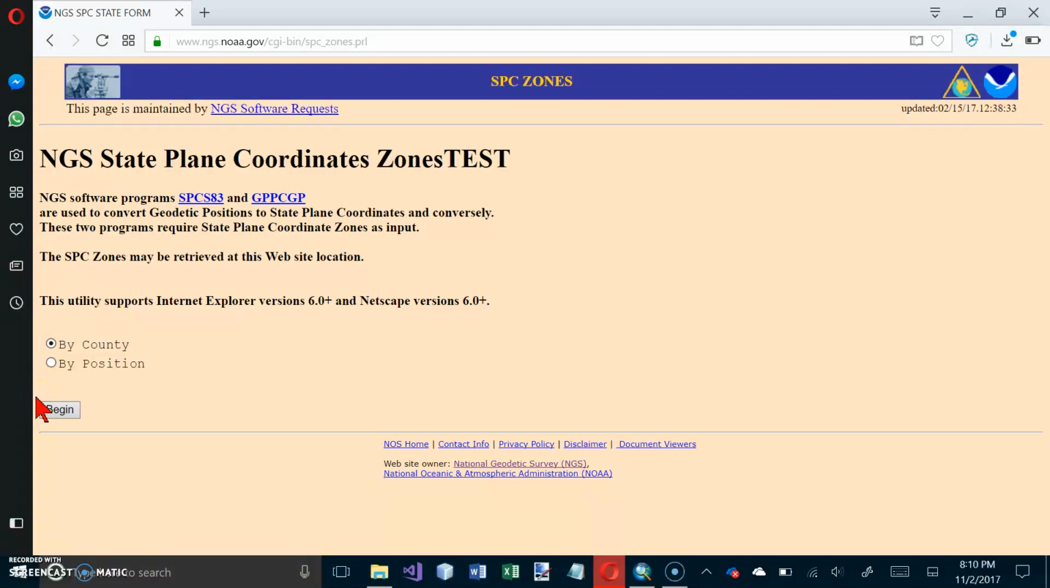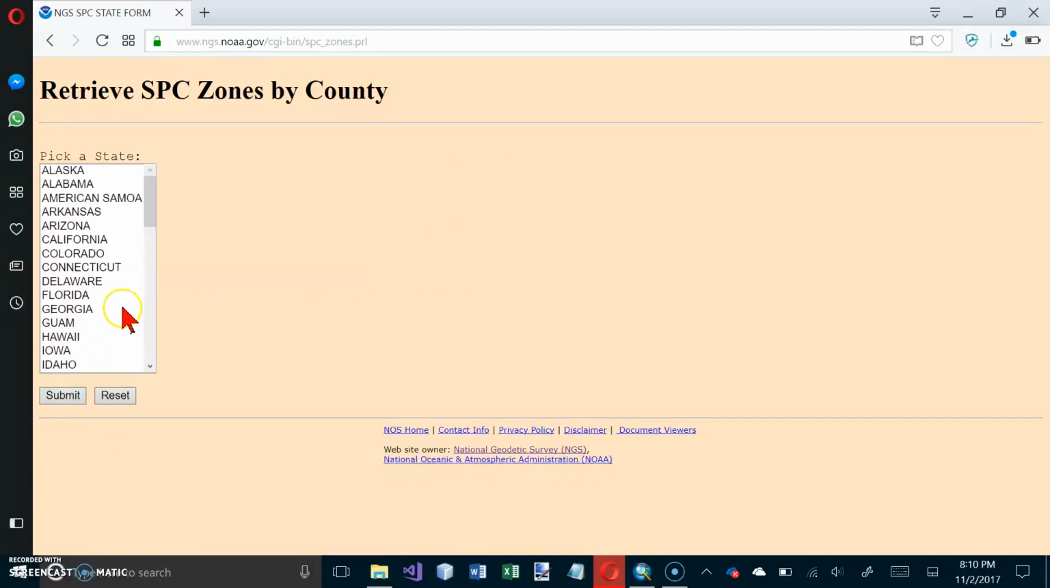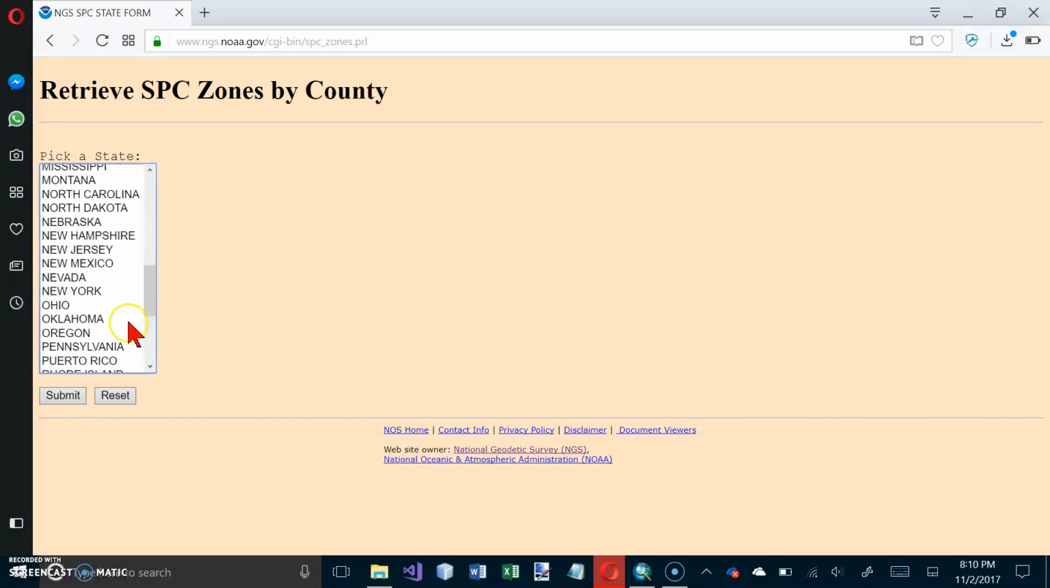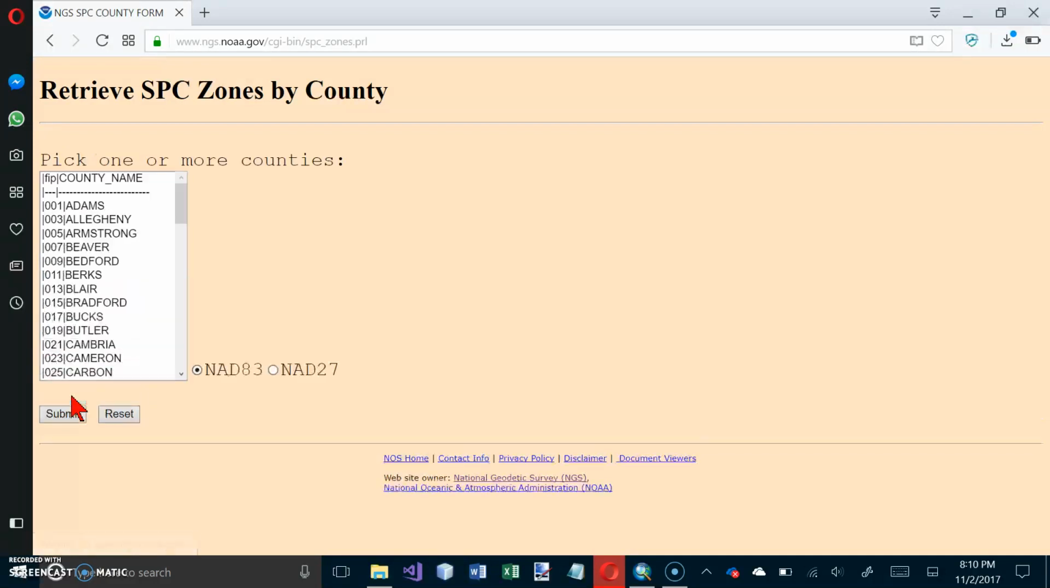and in the resulting web page with the by county option selected, then click on Begin. This is number 2 now at the top of page 181. And so now we are going to select the state that we want, and we want Pennsylvania, and we want to click Submit, and it's going to give us a list of counties in Pennsylvania. We want Allegheny County, and we want to click on Submit,